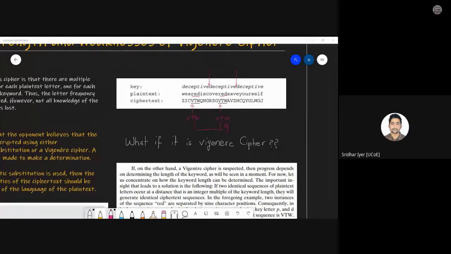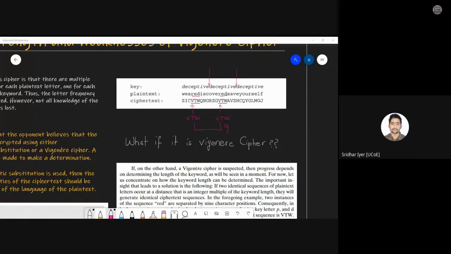So, what is the first goal? The first goal is to try to find out the length of the key. This example is very simple. You will not find such examples in real life. You have to focus a lot on the statistical patterns. I will show you towards the later section. So first of all, we have to find the length of the key. Once you get the length of the key, you will come to a conclusion that after the ninth position, or the length of the key, the characters start repeating.